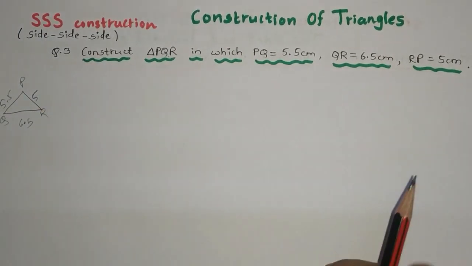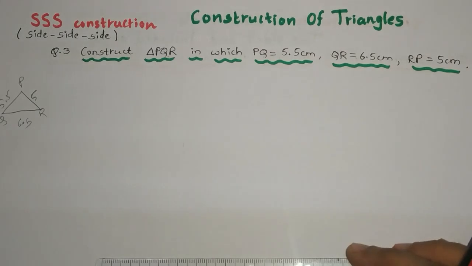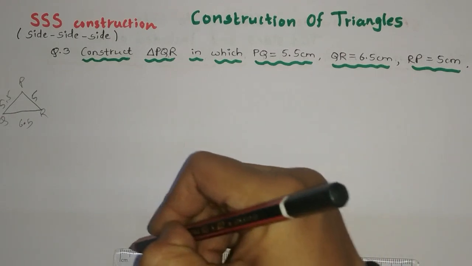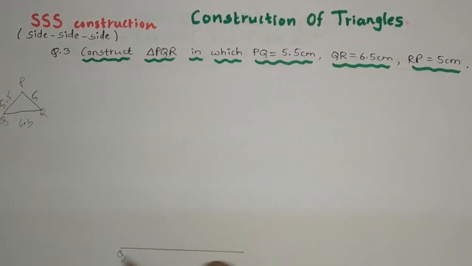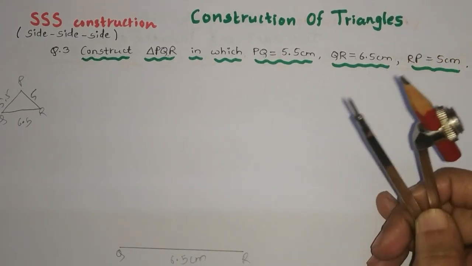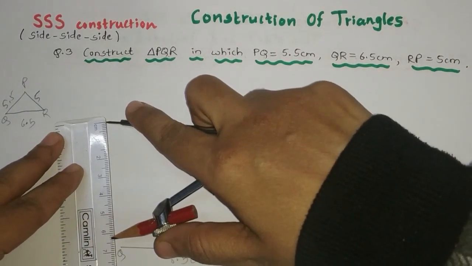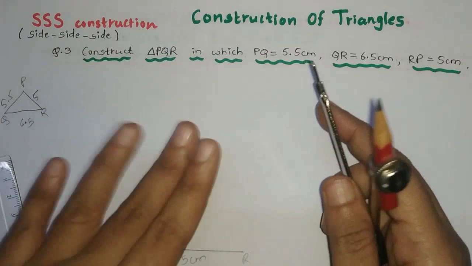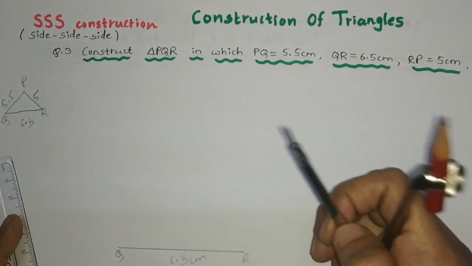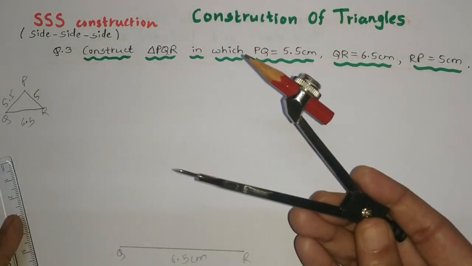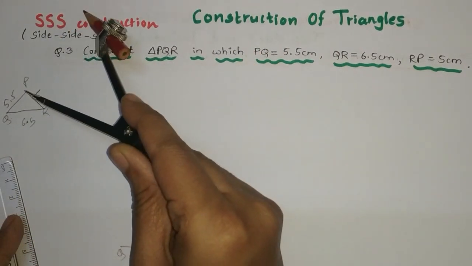I need to draw this here as a fair figure. So by seeing that, I can draw. First of all draw QR, 6.5 centimeter. Now take a radius of 5.5 here. In this question all 3 sides are given, so the construction is very simple and easy. Just follow it. So QR is 6.5. Now keeping Q as center, we want to make an arc of 5.5 here.